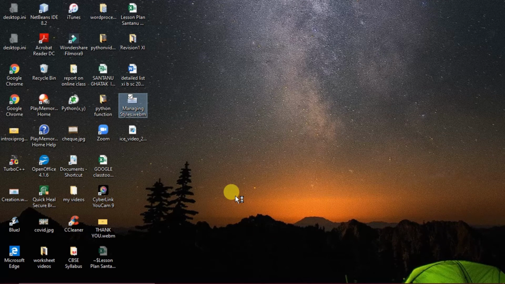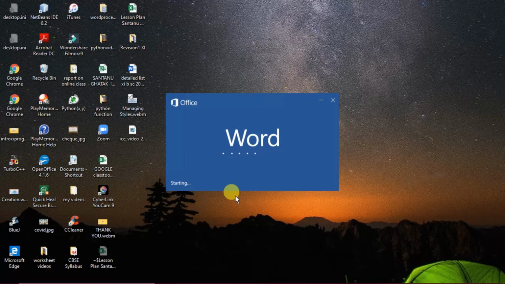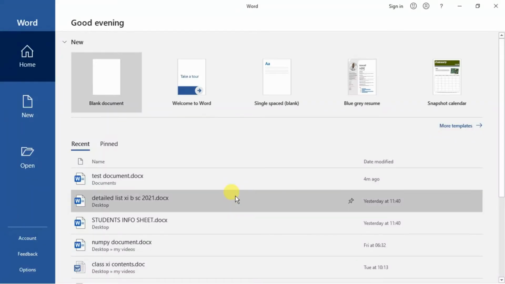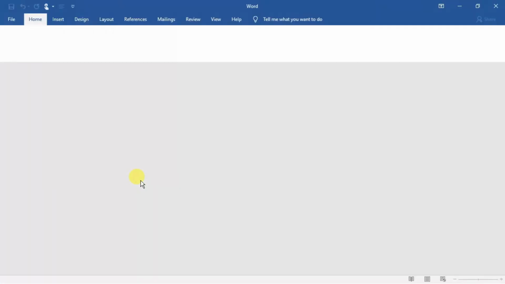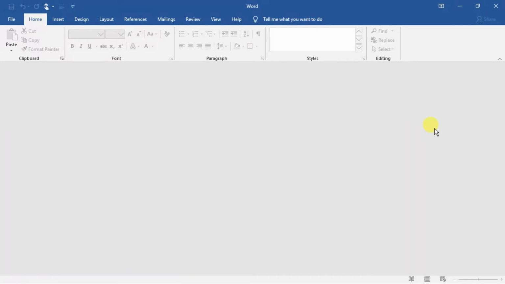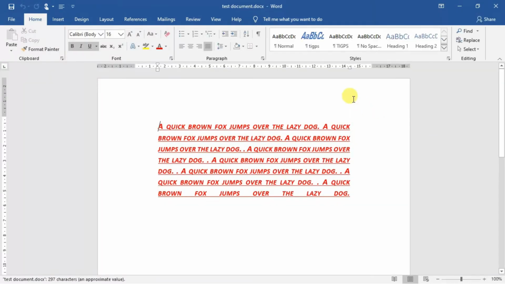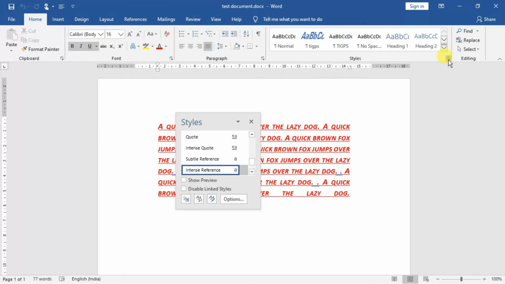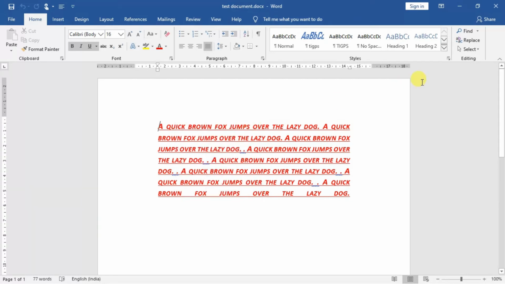Opening Microsoft Word for you, and you see here how the style can be recovered. I'm opening this text document once again. I'm going to the styles once again, and you see this style has been opened over here. Now I'm going to the style box launcher. You can see the saved style right now. This is the box launcher. Just a minute, here I'm coming.